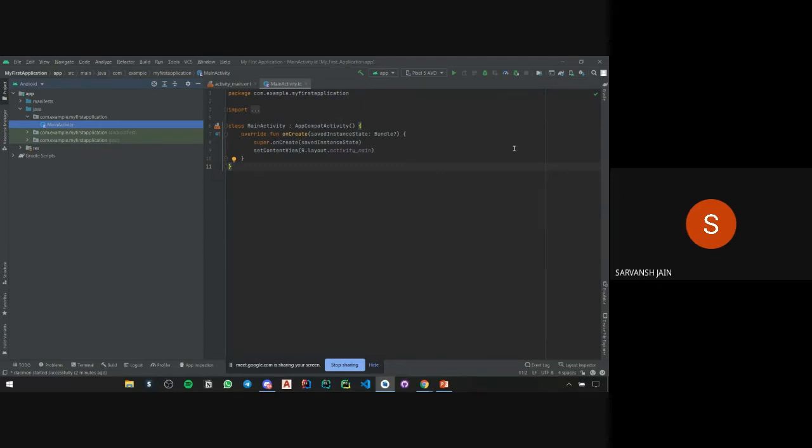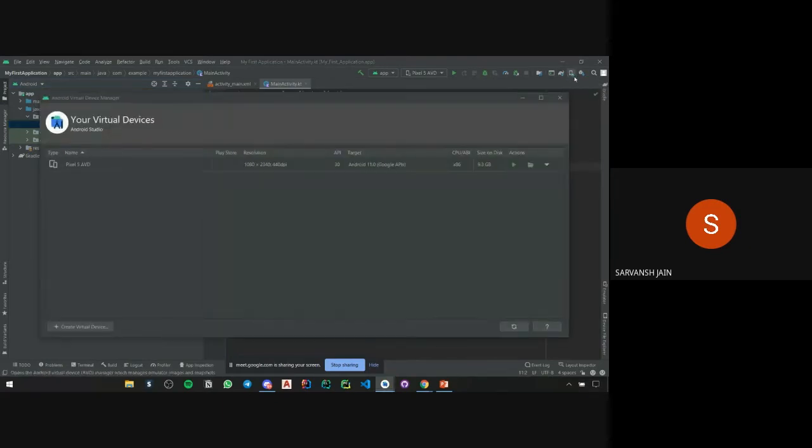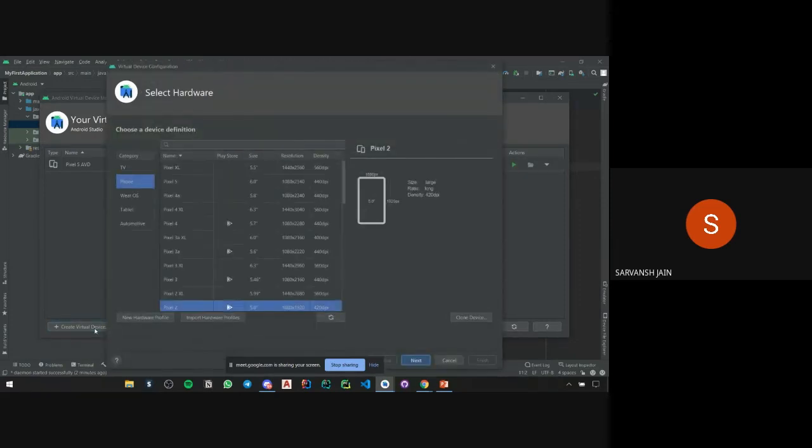As I told you, we'll be running an Android virtual device. To set up a new Android virtual device, you select this icon, AVD manager, Android device manager. I have run a virtual device previously, that's why it's showing here, but we'll create a new virtual device with this button.